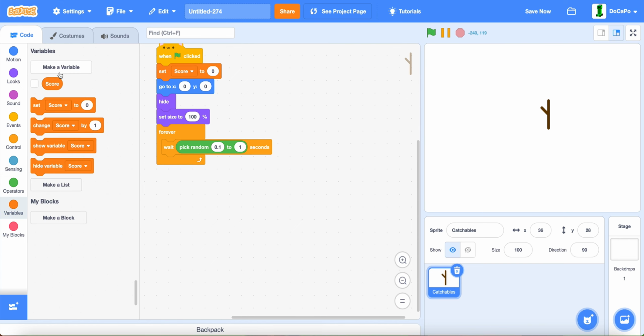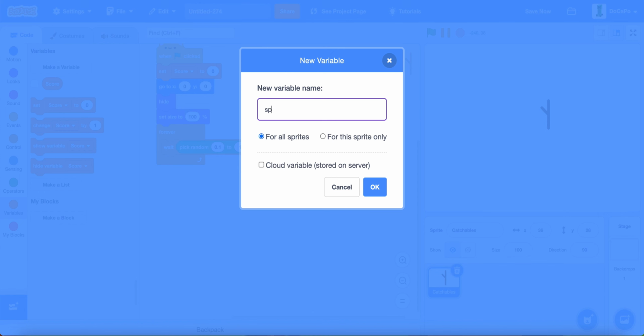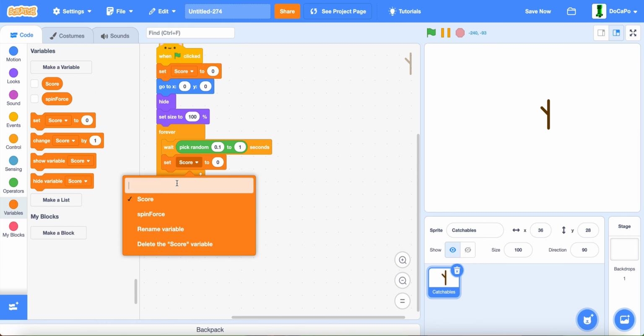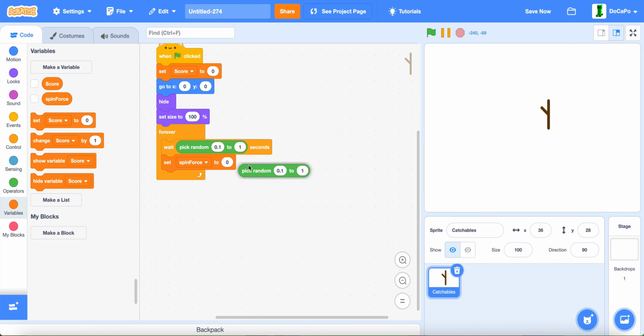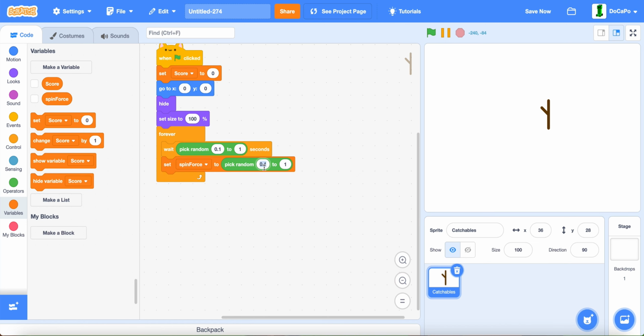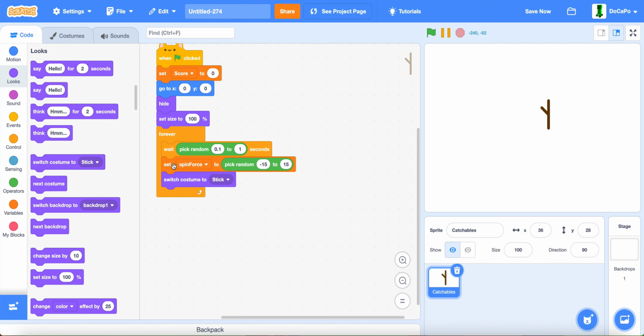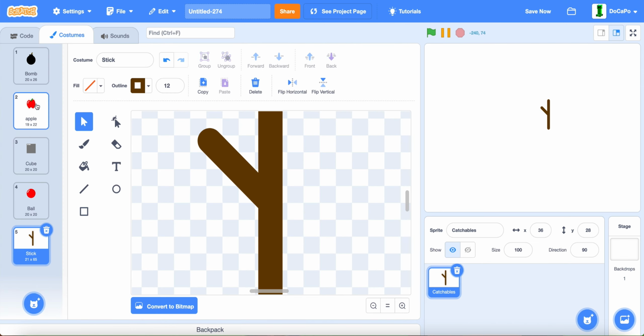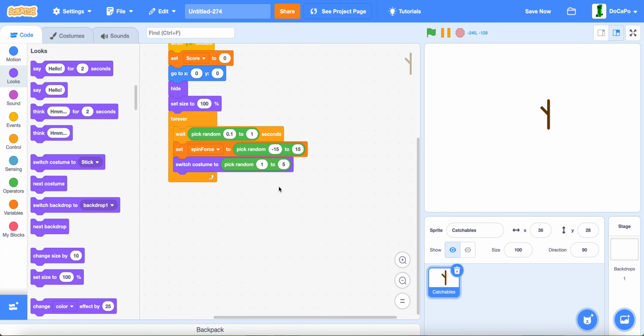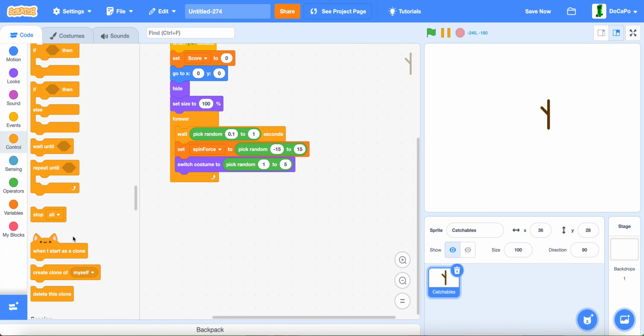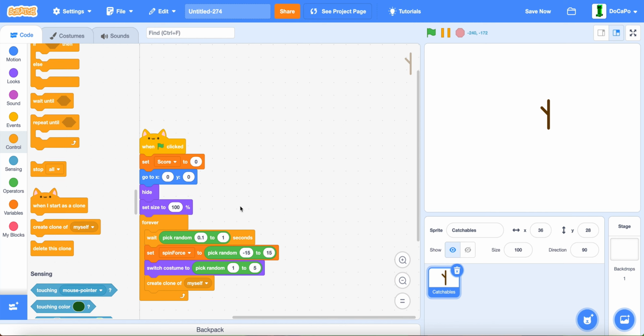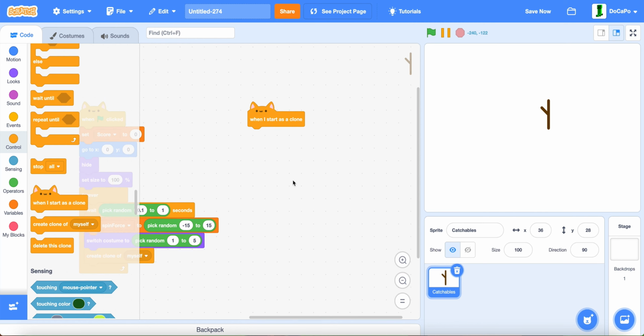Then create a new variable called spin force for this sprite only. Set spin force to pick random -15 to 15. Then switch costume to pick random 1 to 5, since there's 5. And then create a clone of myself. Now when I start as a clone,